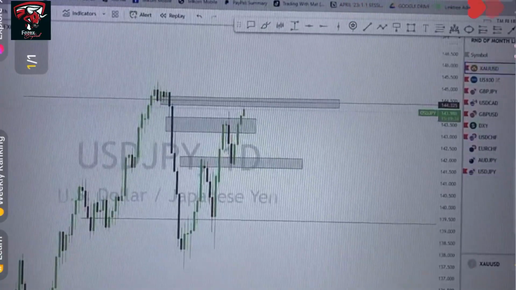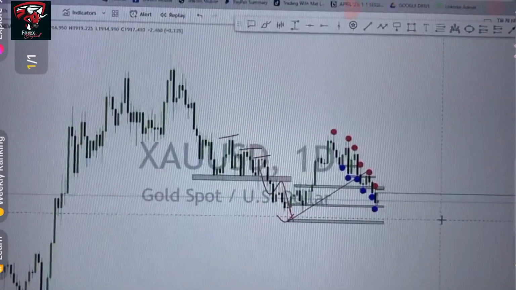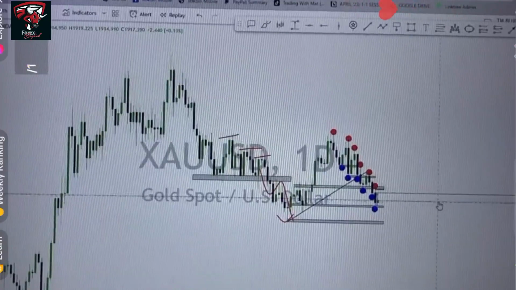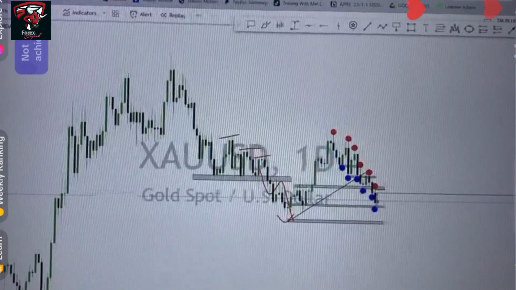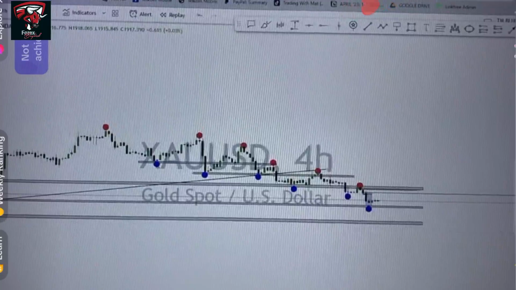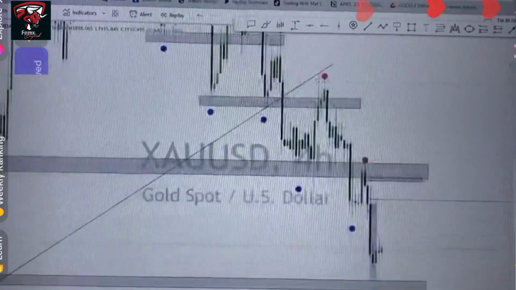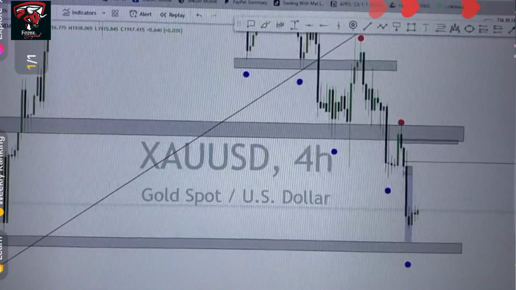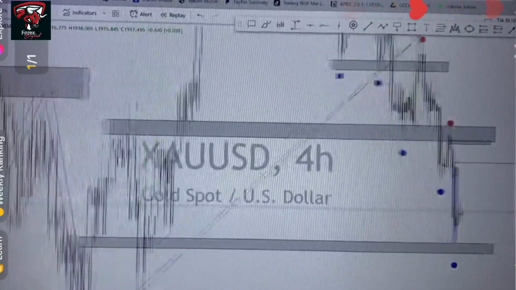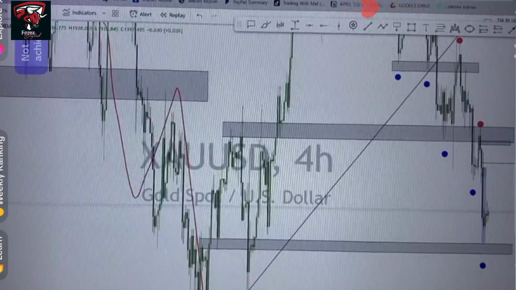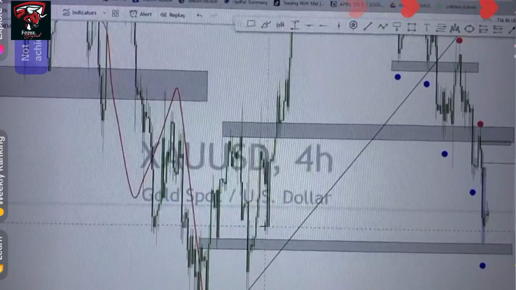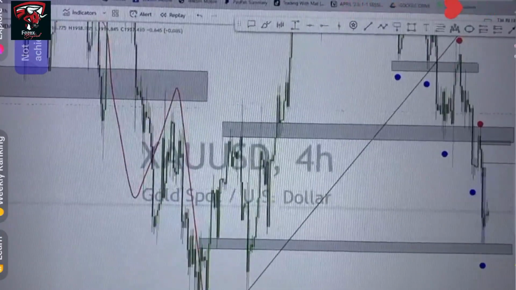Last pair. Let's take a look at gold and then we're done. Now, the reason why I've taken my time with gold is because gold is going to make up people's blown accounts today. I've already seen it. Now, guys, gold is in a bit of a difficult one. And the reason why I say gold is a bit of a difficult one today is because